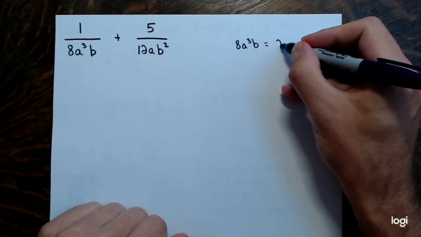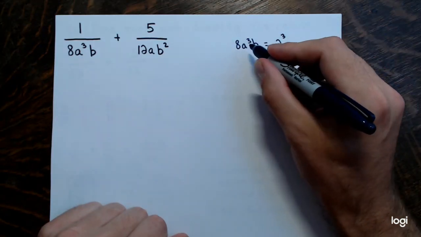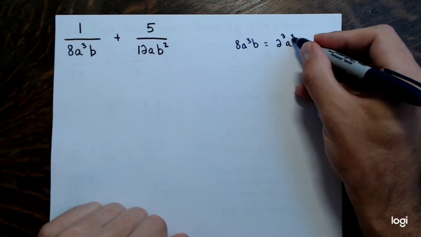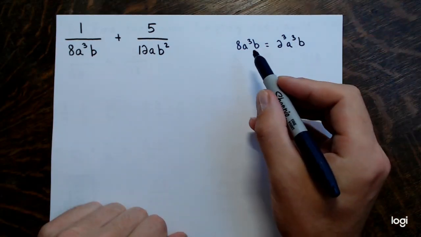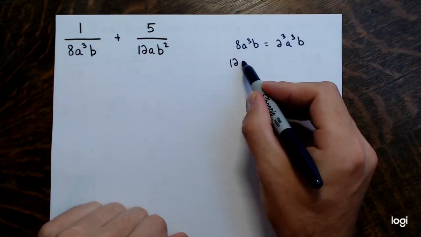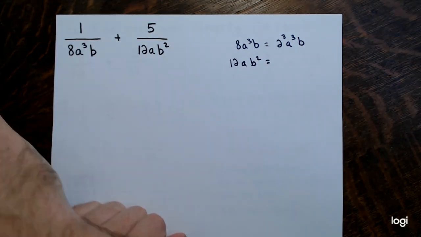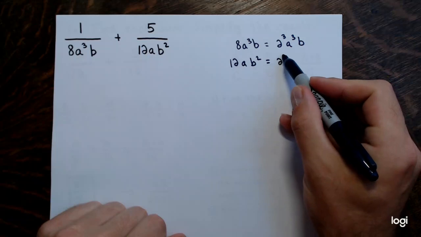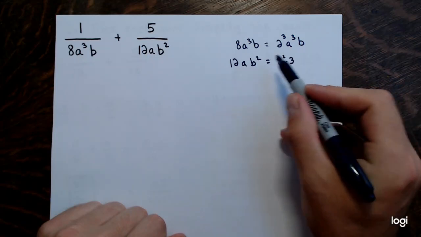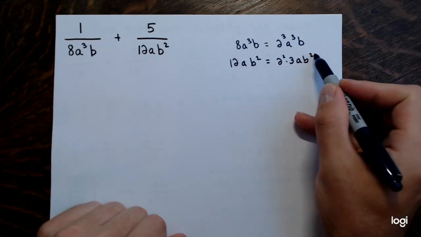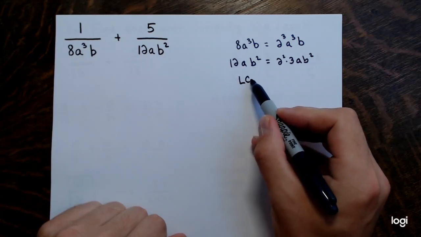This is 2 to the third, right? 2 cubed for 8 times a to the third times b. That's 8a cubed b. 12ab squared, we saw 12 in the last problem. 12 is 2 squared times 3, and then you have times a times b squared. All right, so the LCD